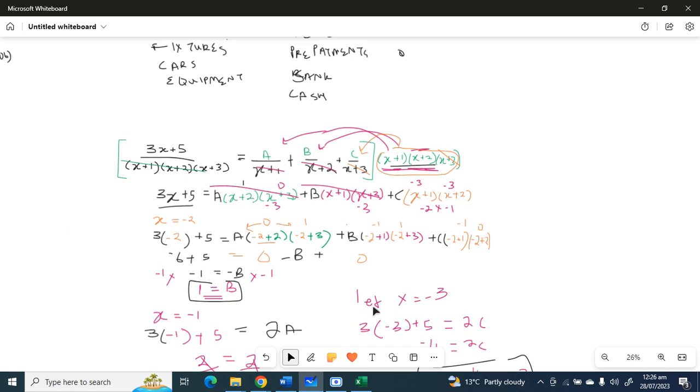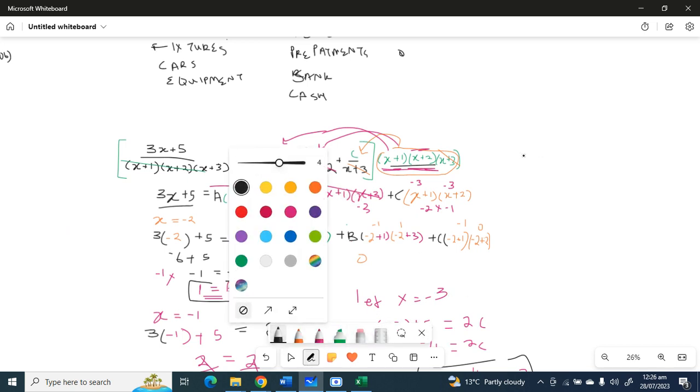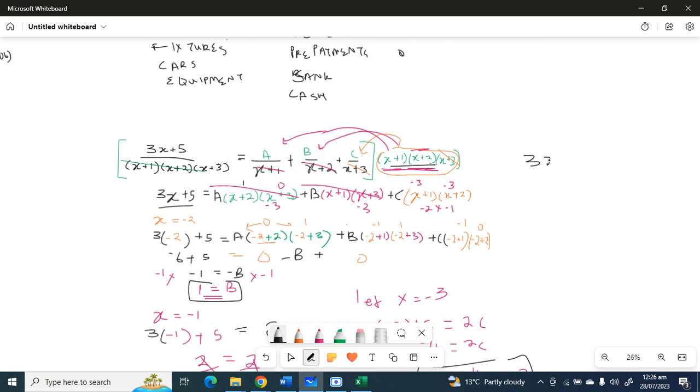So the expression is going to be 3x plus 5 over x plus 1, x plus 2, x plus 3 equals,